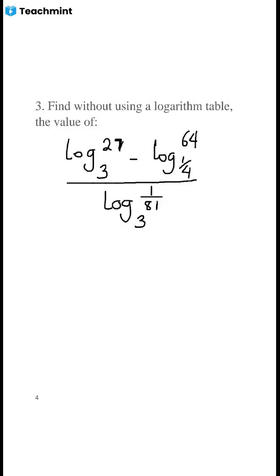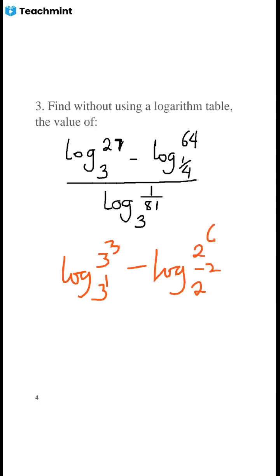So let's go. We can do this also with that method easily. I can write this as log of 3 raised to power 3 minus log of this. If you write this one in indices, 1 over 4 is 2 raised to power minus 2. And 64 is 2 raised to power 6. 2 times 2 is 4, 4 times 2 is 8, 8 times 2 is 16, 16 times 2 is 32, 32 times 2 is 64. Yes, we are right. 2 raised to power 6